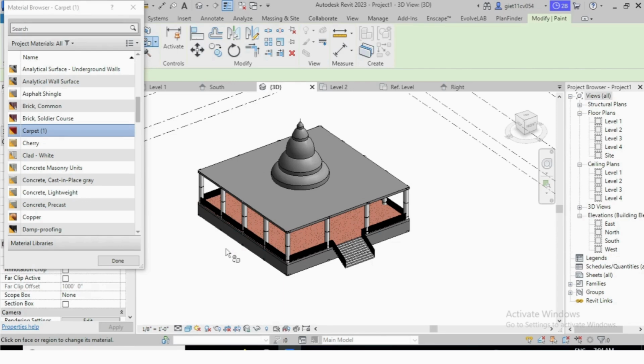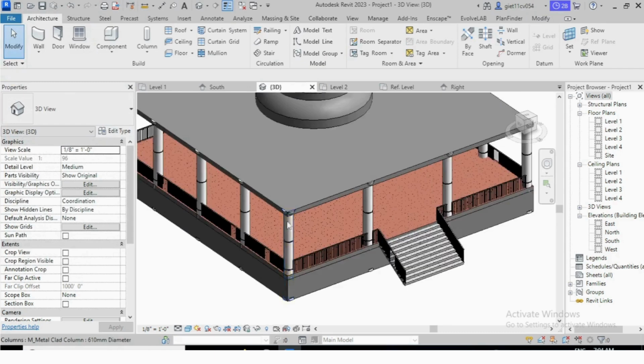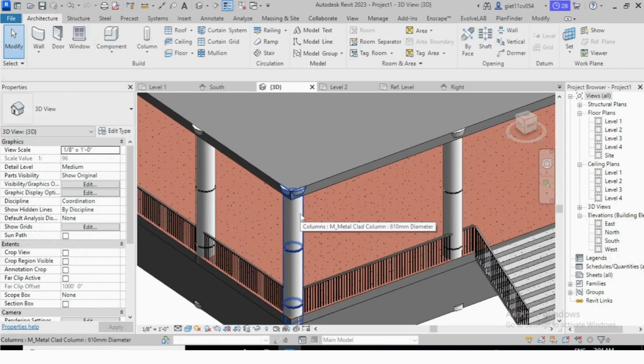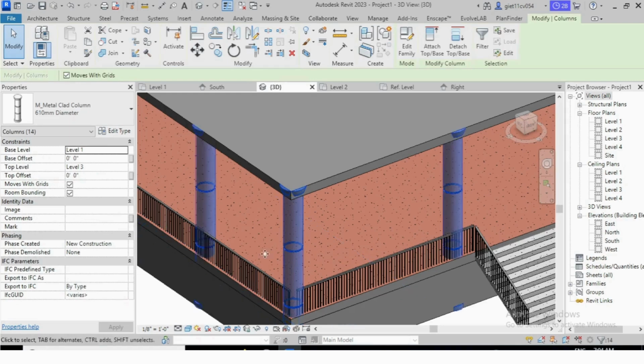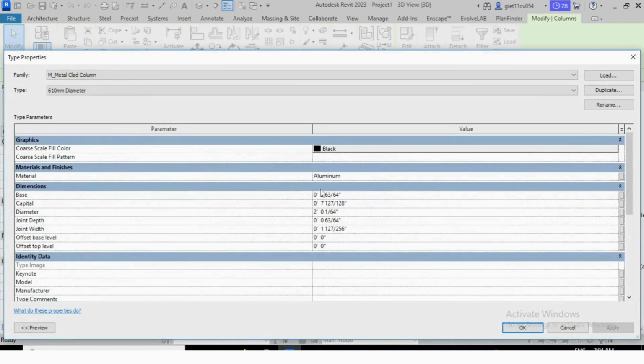Okay, let's see if you want to change this color of the pillar or sub column. Click here, select all, go in edit, and suppose you want to change the material totally, go here on material, it's aluminum.